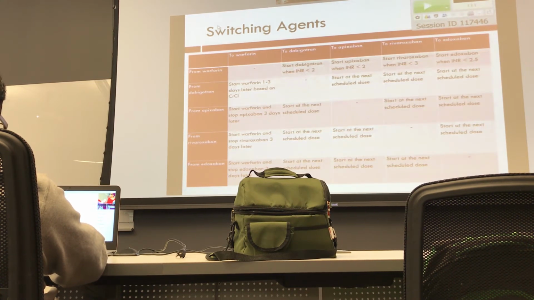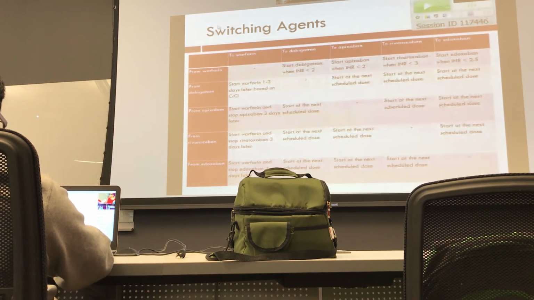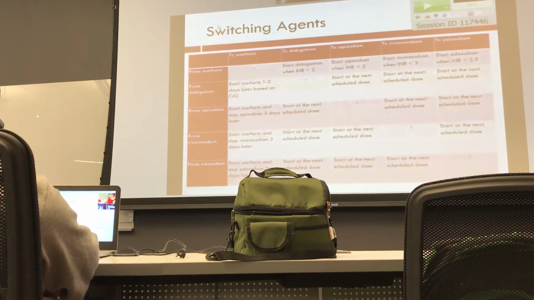The answer is we don't really know because we don't have the clinical trials that exactly tell us what to do in these cases. But this is our best guess judgment, that we at least keep the apixaban on for 3 days, plus or minus check the INR. I prefer to check an INR if I can get the patient in, which is not always feasible, but if I can, I'd like to check their INR on day 3 when I want to stop the apixaban. Is that going to make sense?